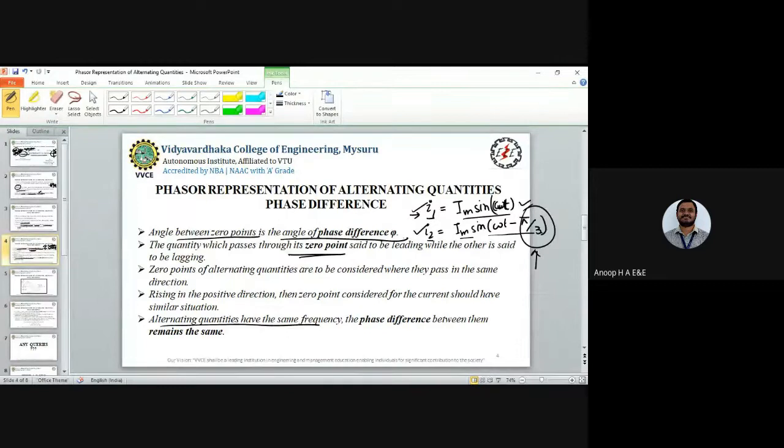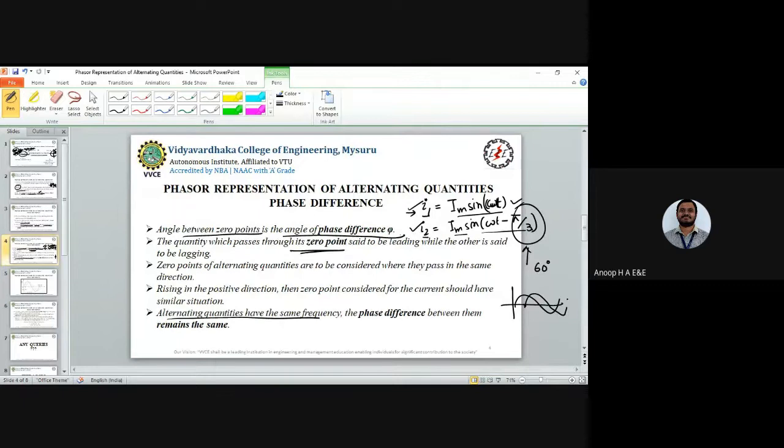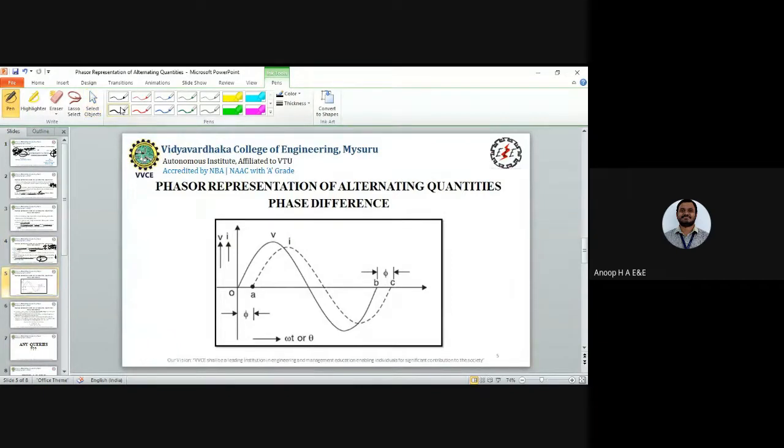When I say it is phase lag, you will have an angle difference of 60 degrees. For example, this is I1, and somewhere around here you will be starting with I2. Getting it right? So this angle difference is I2 lagging by an angle of 60 degrees. That is where we highlight the concept of phase difference, and I can help explain it with the help of this example.